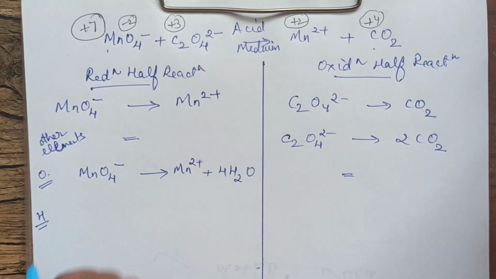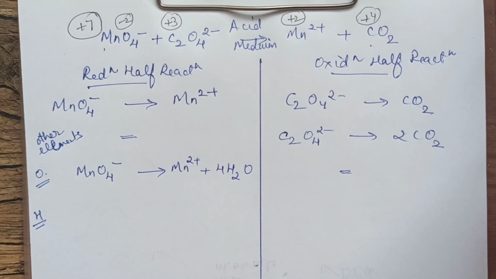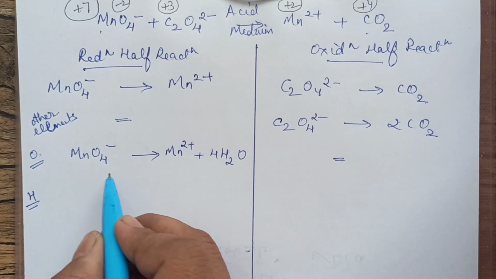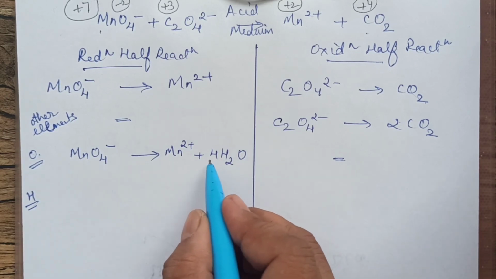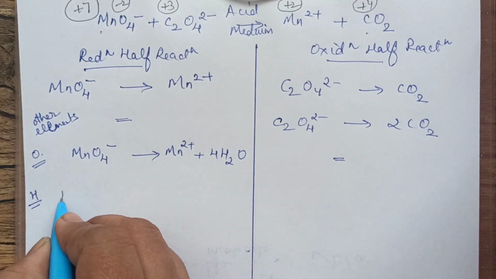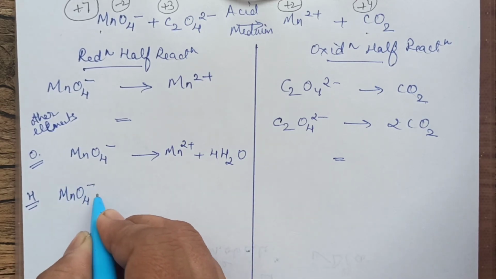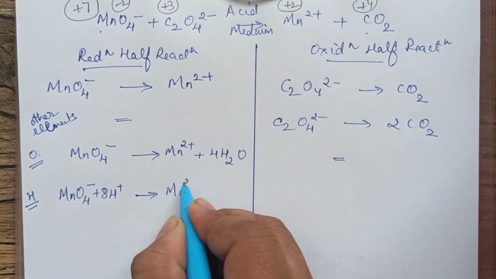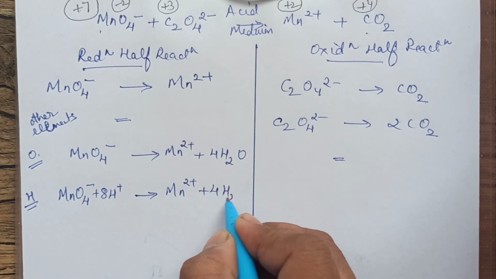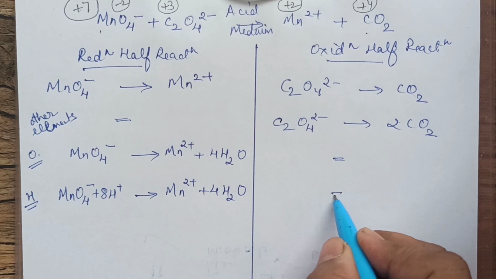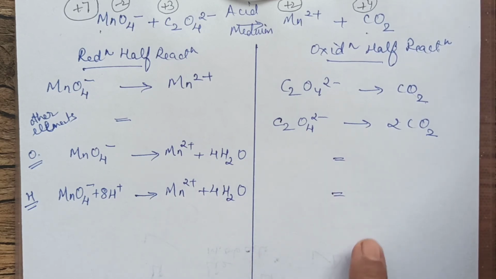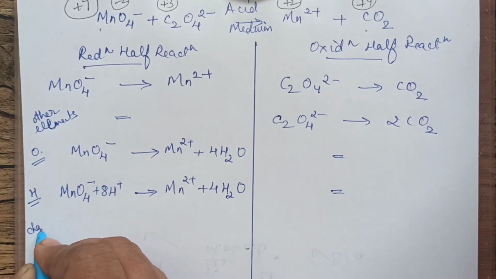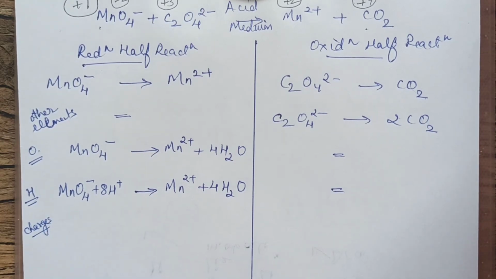It is the same. No need to make any changes here. Now you need to balance H. To balance H in the acid medium, we add H plus to the deficient side. You do not have hydrogens on the left. Right hand side you have 4 into 2, 8 hydrogens. So we will add 8 H plus onto the left hand side. You will write here Mn2 plus, 4 H2O. So there is no hydrogen, no problem. Either you can copy down the same thing again, or I'm just writing like this. After balancing H, you have to balance charges. How do you balance charges? By adding electrons.